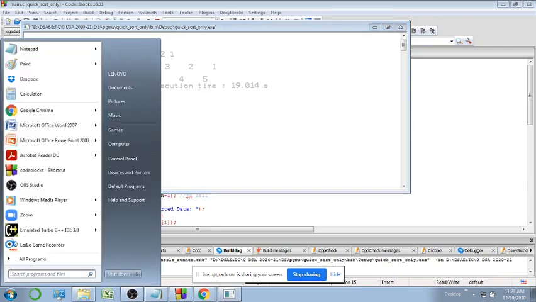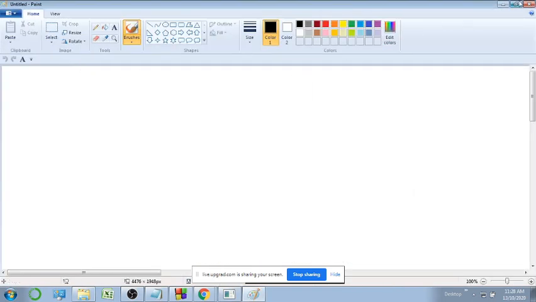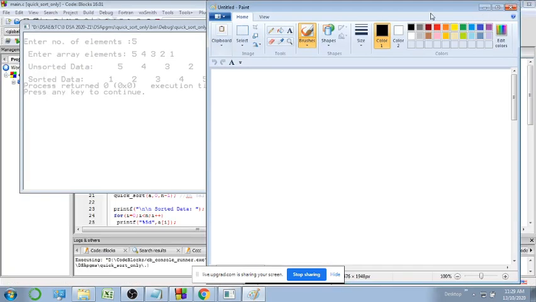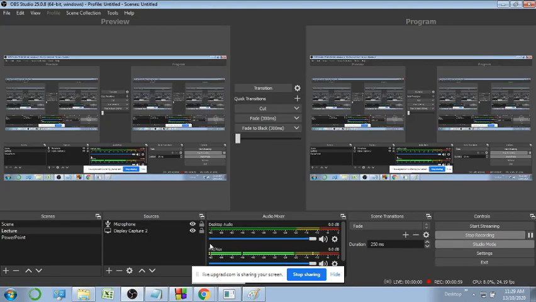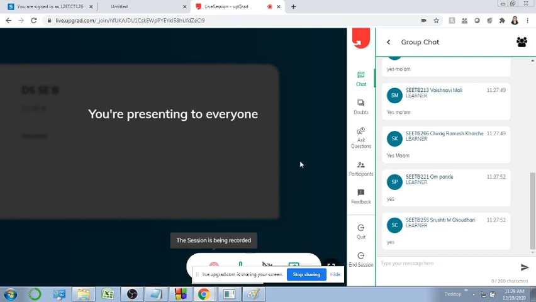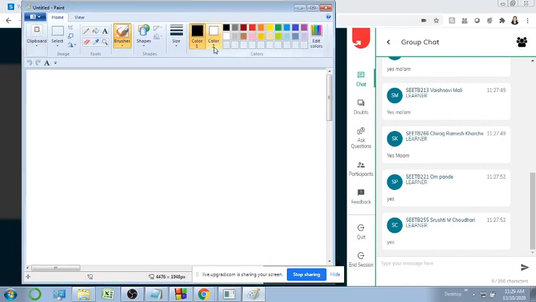So how are we actually doing this? I'll take the same example, so it will be easy for you. If you have any doubt, please let me know. I will check in between. What we are going to do first is see what we discussed in yesterday's class, like how to